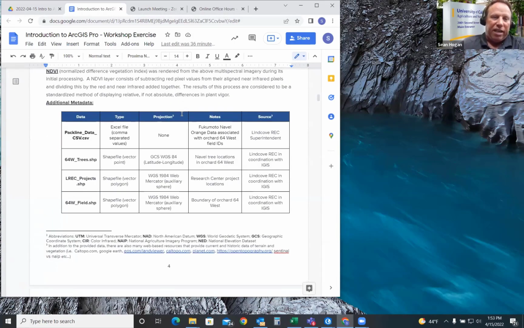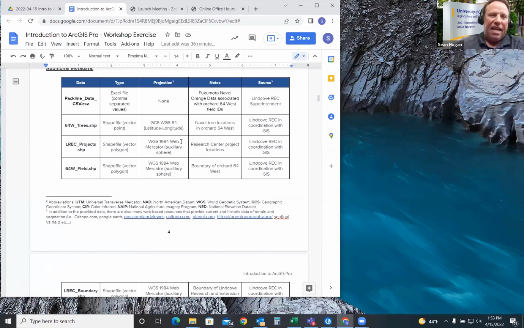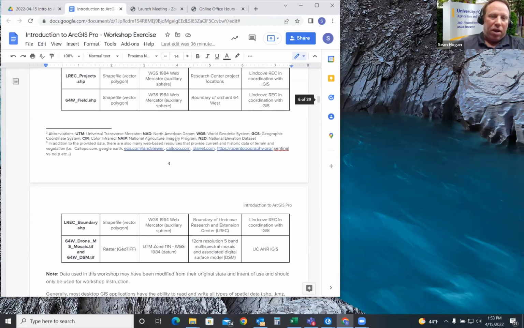Maggie touched on projections specifically that are of importance. Reprojecting data is optional in the workshop because it doesn't matter in the end product that we're doing today, but it can matter a lot. So the projection information is important, but not necessarily what we're doing for our final product in this exercise.